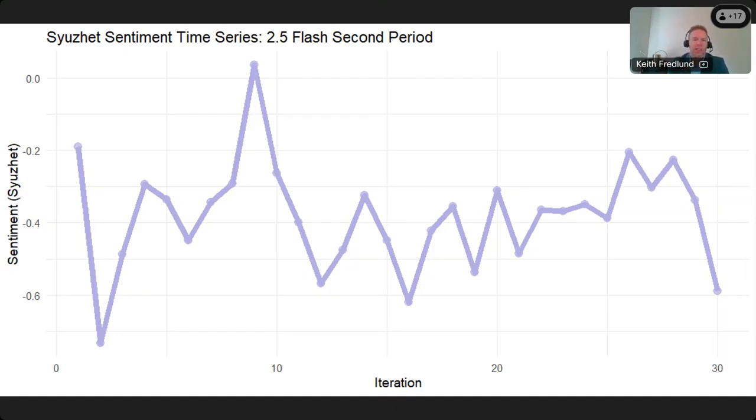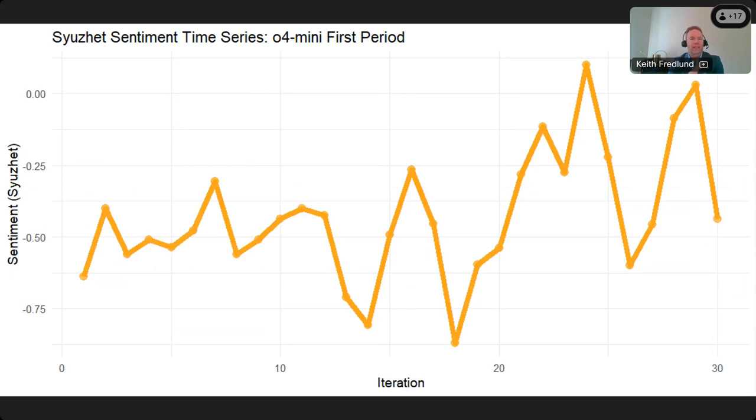But here's where things get a little bit interesting. This, I drew this time series over the iterations I did over time for the o4-mini model. And I think I began to convince myself that there was an upward trend here. Particularly starting at about the 18th point, it's like we just are going up, up, up, up, up, down once, up again. This feels like learning. But I put together all these sets. Maybe this is just random. There were just a couple that looked like this.